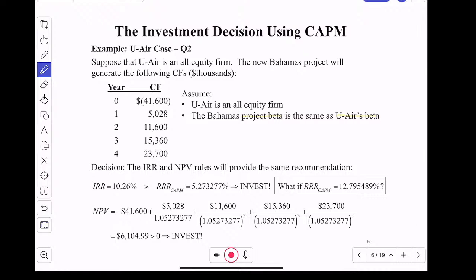Now remember, getting these cash flows, we were able to get the internal rate of return, and we got 10.26. So this is what the project returns. We interpret that because it's an investment type project. We compare that to the required rate of return. Whether we use 5% or 6%, we should invest, right? So the 5% CAPM is exceeded by this project. If we were to use the other CAPM where I use the historical data, back to 1928,